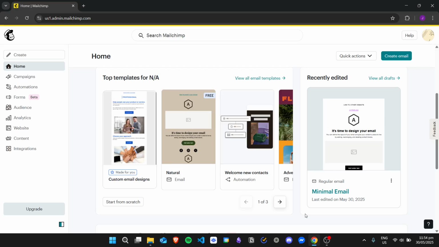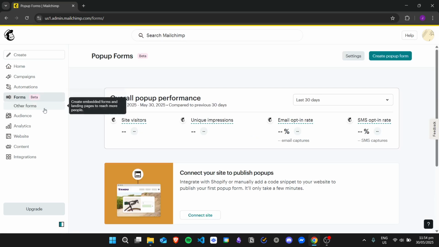Hi there. Today we're going to learn about how to change the subscribe form button text in Mailchimp. So here I am in the Mailchimp dashboard. So what you want to do is first go to the forms area on the sidebar and click on other